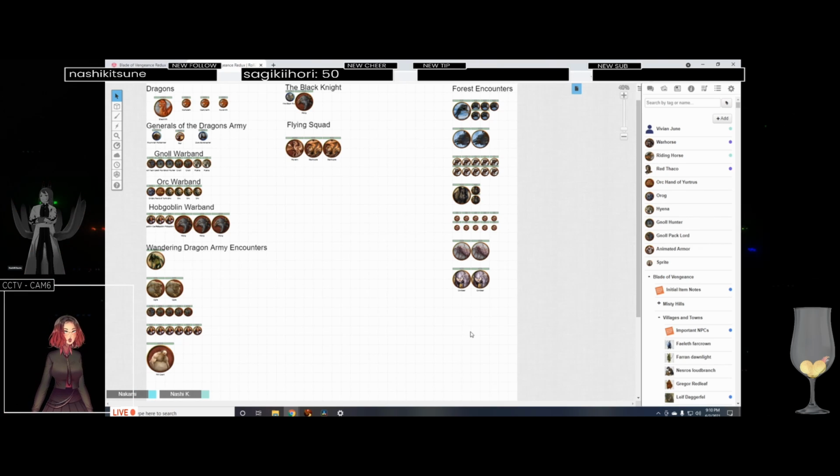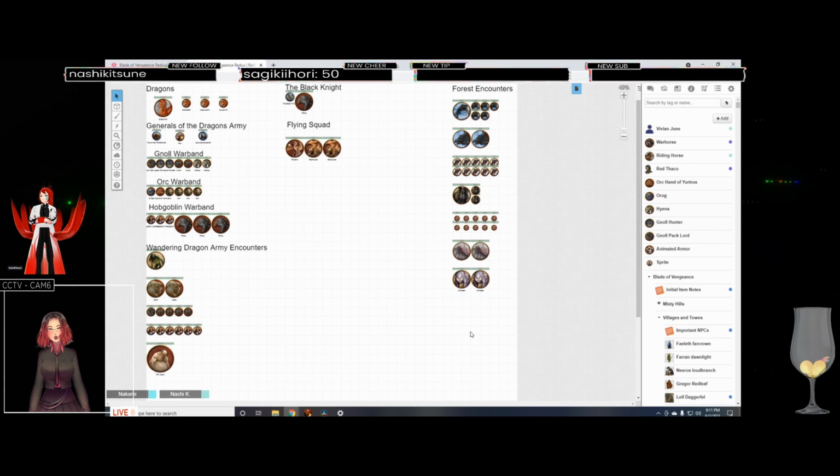So there are definitely some that I think are harder than others. Some are kind of throwaways, really. I mean, they look impressive, but I think they're going to be kind of easy for you guys. You just never know, though. And then worse are the Wandering Warbands, which I already have planned out, too. I think they're a little bit on the harder side, because there's a lot of them.